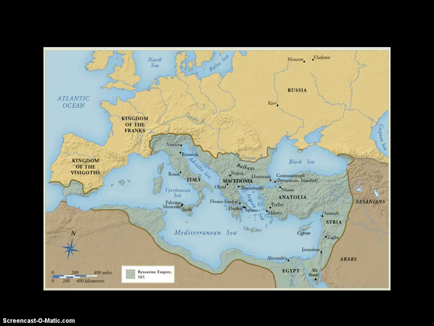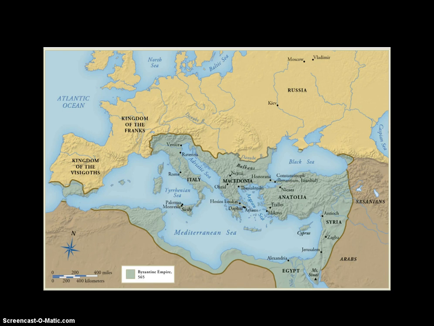Hi, in this lecture I want to talk a little bit about Byzantine art. This is art that comes from the culture that arises in what was originally the eastern part of the Roman Empire, starting in the 4th century and centered on the city of Constantinople, what was once known as Byzantium and today is called Istanbul. And so I primarily want to focus on art from the region of Constantinople itself and